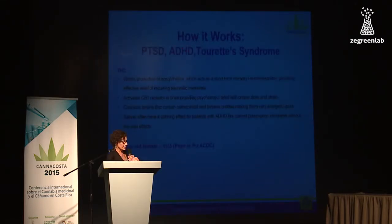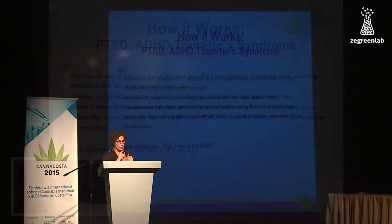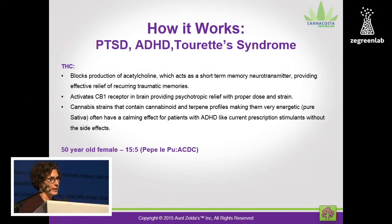Now, PTSD, ADHD, Tourette's, it blocks the production of the acetylcholine, which blocks the short-term memory neurotransmitter. Now, one of the things that many people complain about with cannabis is the fact that they walk in a room and they can't remember why they walked in there, or they start a sentence and they can't get to the end. And that is because of this blessed, wonderful, beautiful ability to have your short-term memory interrupted by the